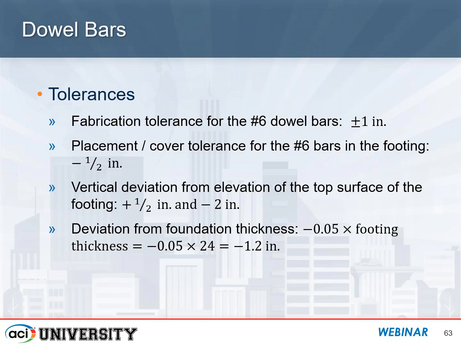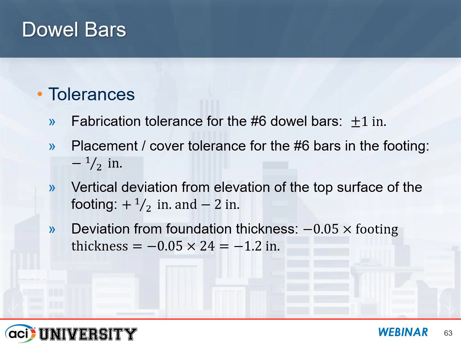Then there's a tolerance with respect to the vertical deviation from the elevation of the top surface of the footing. So that could be as much as plus ½ inch or minus 2 inches. So these are our allowables. And finally, after 3 tolerances, we thought we might be done, but we've got this 4th tolerance on the deviation